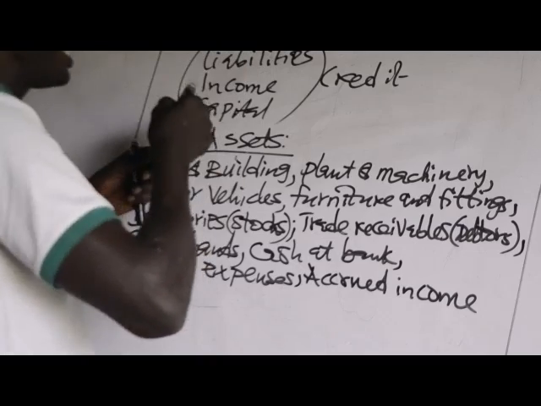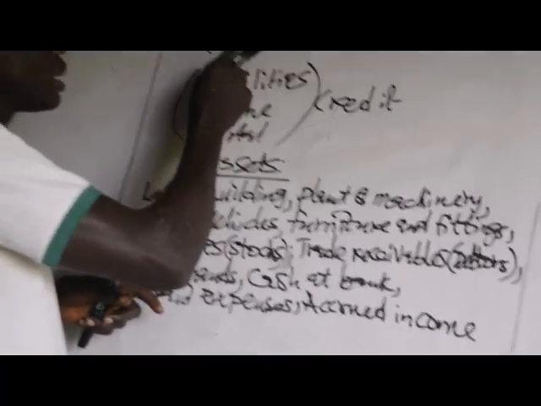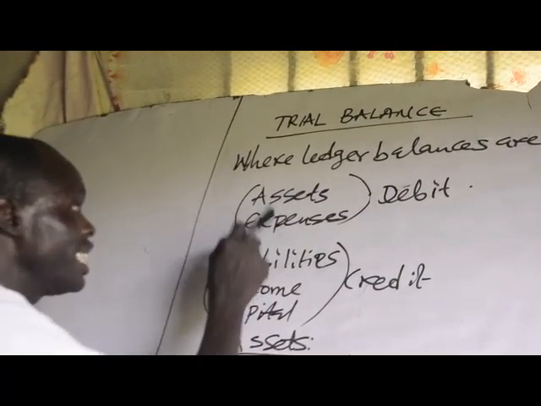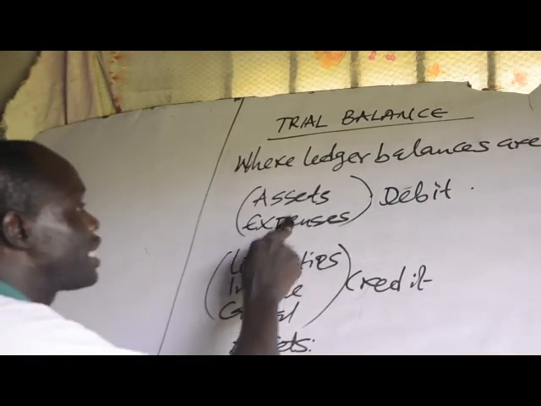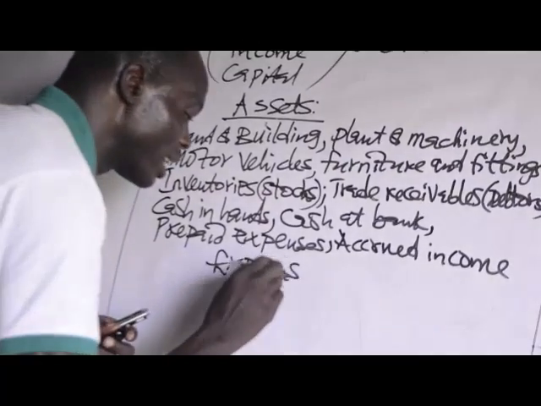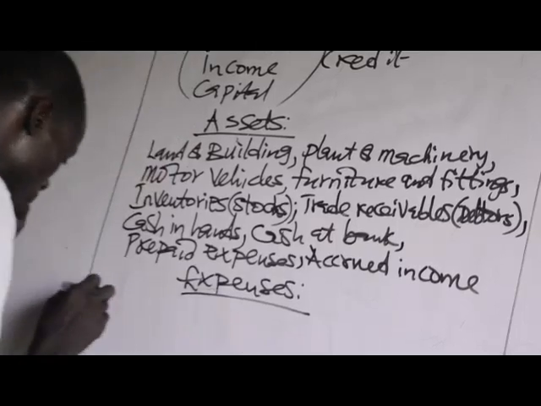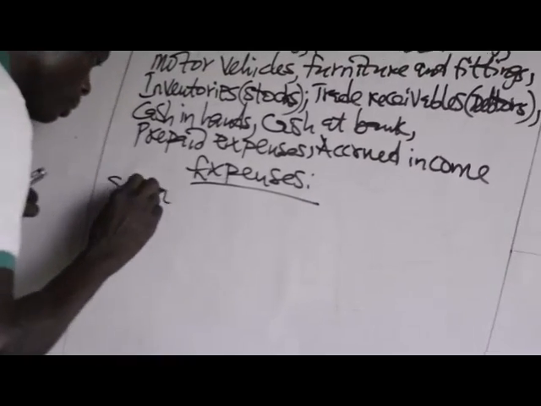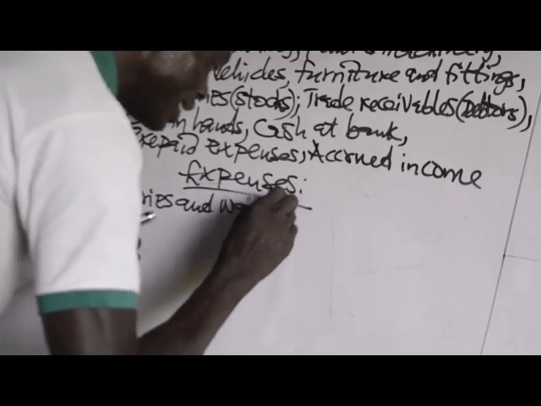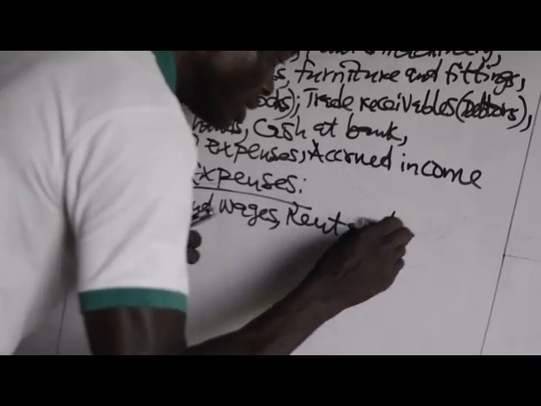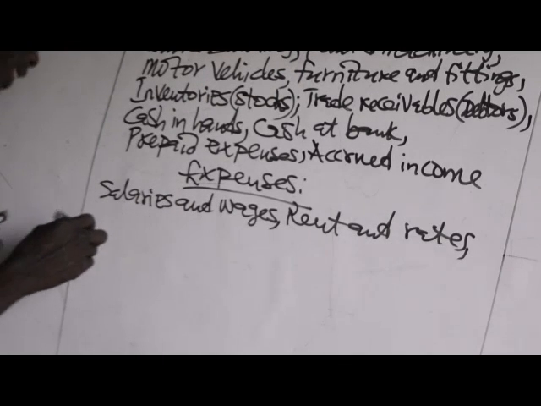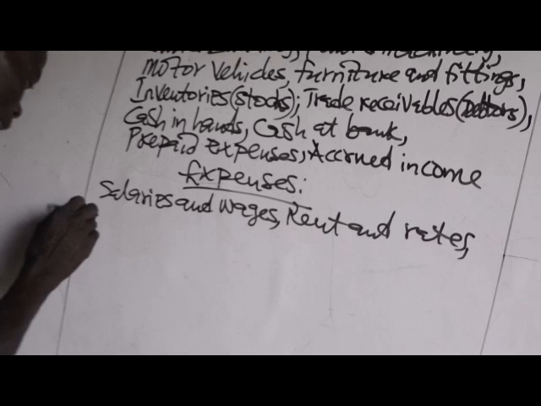The second entry I said that needs a debit entry in the trial balance is expenses. I've told you that expenses should be debited. Assets and expenses should be debited. What are the examples of expenses? Expenses include salaries and wages, rent and rates, and lighting